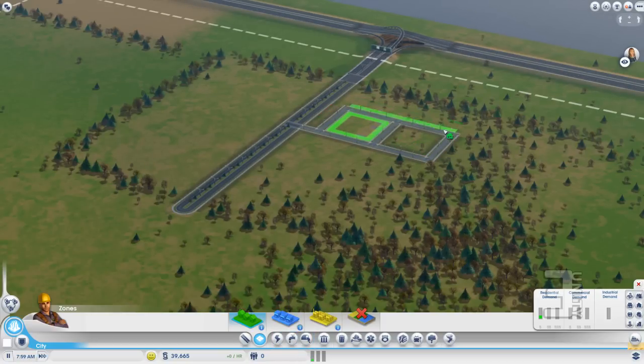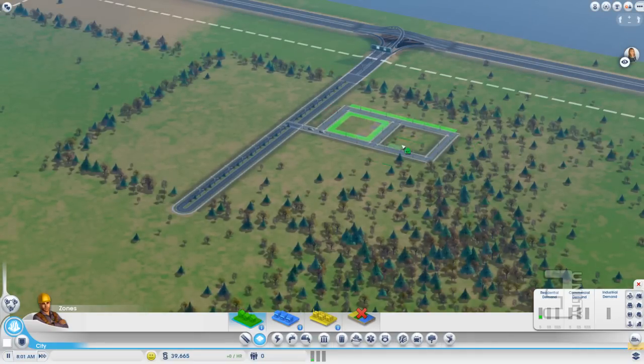But anyways, you can see, like I did here, as I dragged to say where I wanted my residential to be. By the way, placing these zones is free. Placing the roads, however, costs money. So holding control lets me select entire...